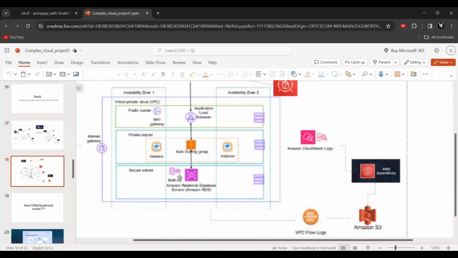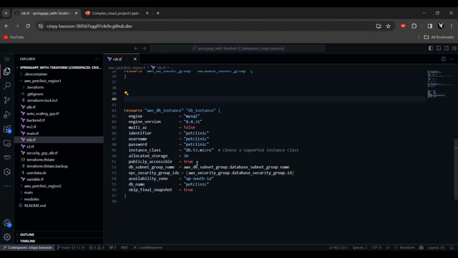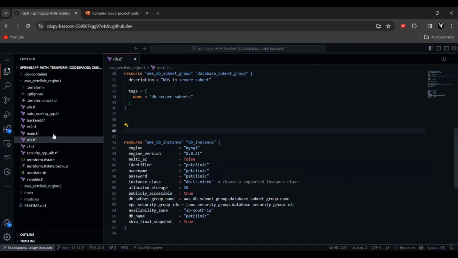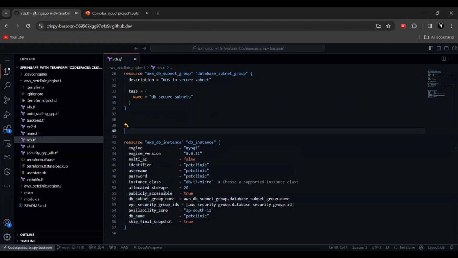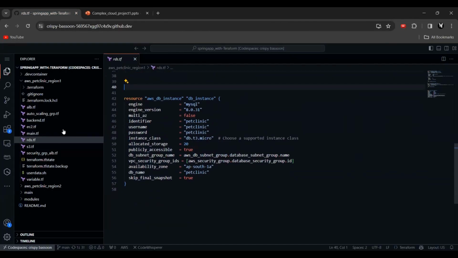As I said, this is a secure subnet, and yes, we'll be connecting this secure subnet RDS instance through the autoscaling group through the RDS endpoint. Okay, this will be connected, and this will be connected to the EC2 instances so that you can access the application through the application load balancer. Yeah, let me get into